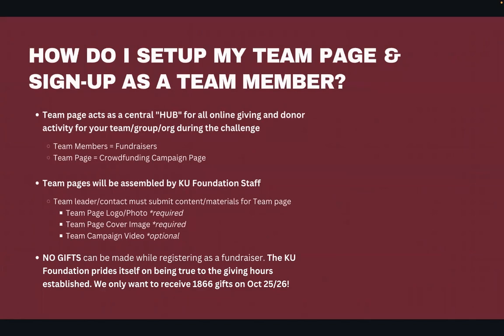Okay, so how do I set up my team page? You actually don't need to set up the team page. We do that for you. What your team page looks like is based on the information that you provide to us. So that includes, in the second bullet here, your logo, your cover image, your video, if you choose to do a video. So maybe the best way to sort of illustrate what the team page looks like is to pull